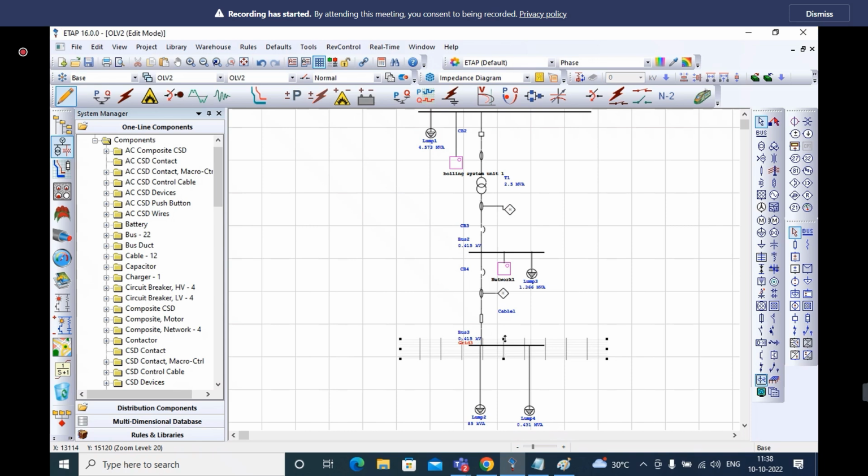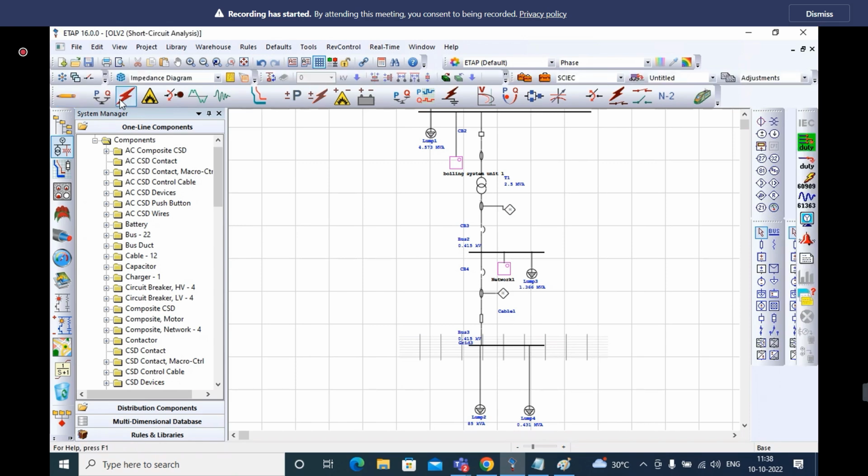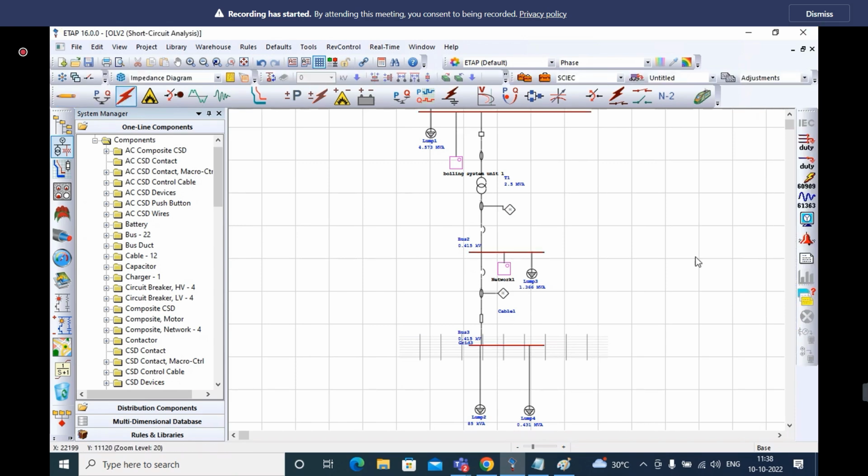That is the reason I place the ground grid option on top of bus 3. Once run the short circuit analysis. Here I'm going to run three-phase fault. Here we are getting the fault current, right?